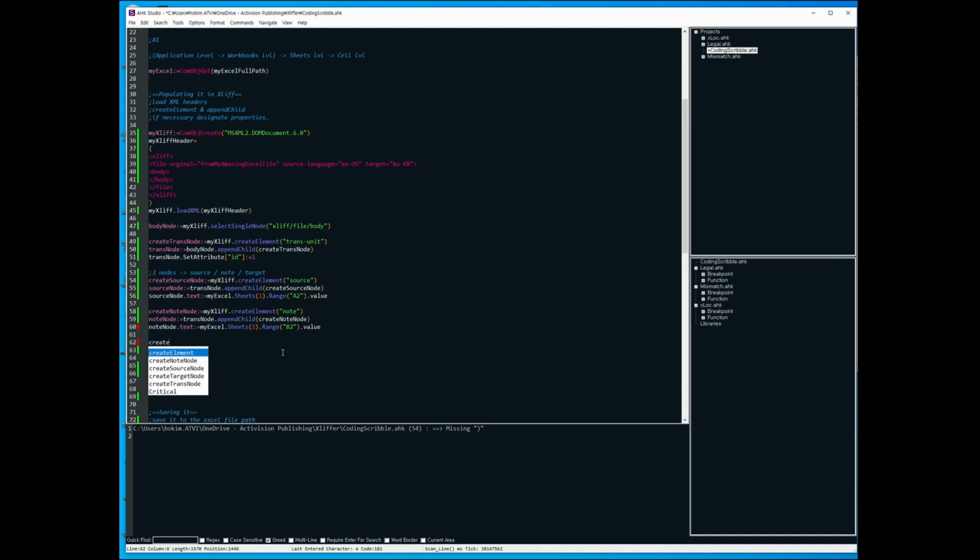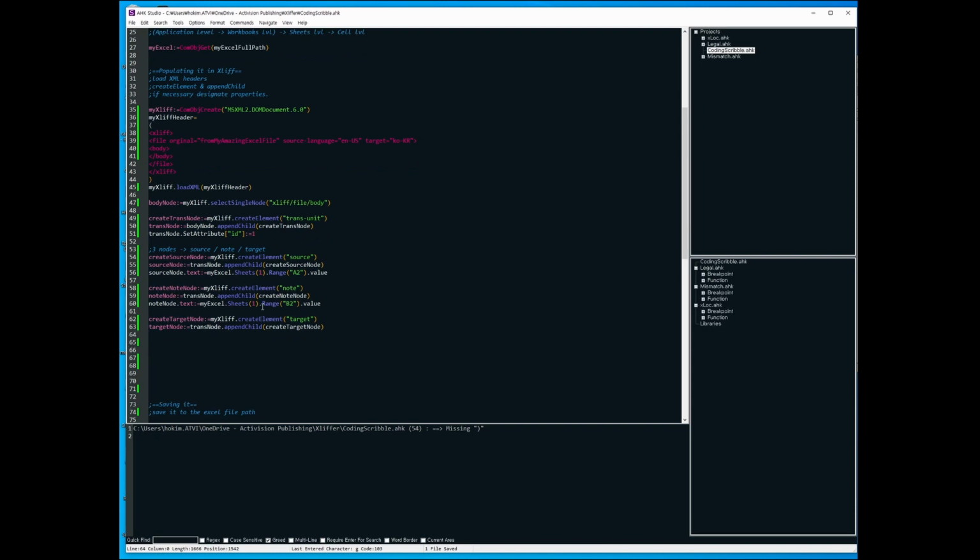And lastly, it's create target node, which translation will be going in. That's my XLIFF. I'll create the element again. It's target, and target node equals trans node and append child, create target node. Here target node. So you can stop here, and when you run it,